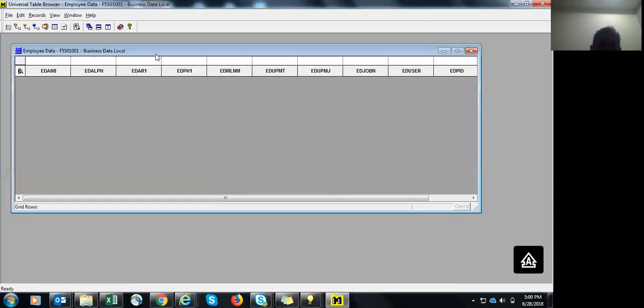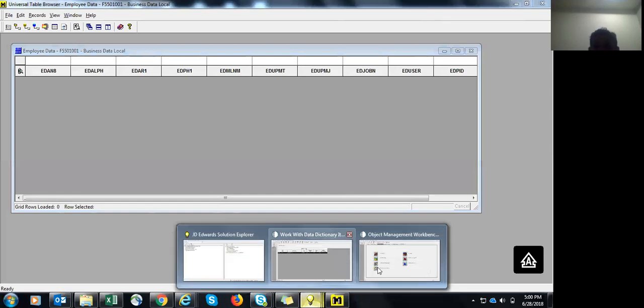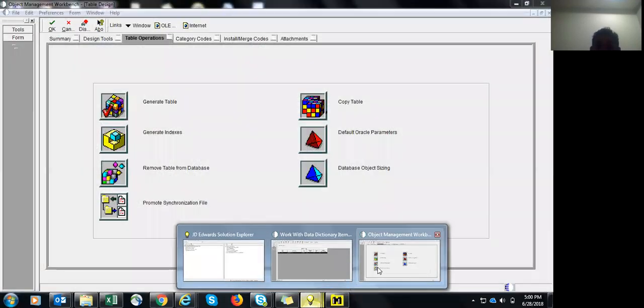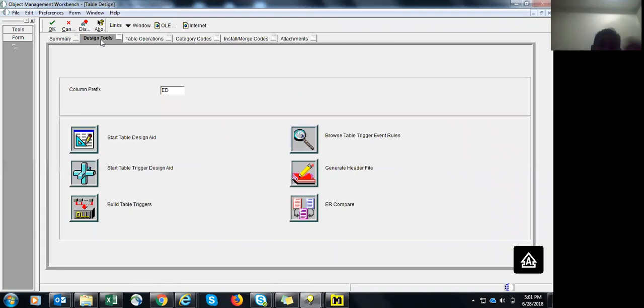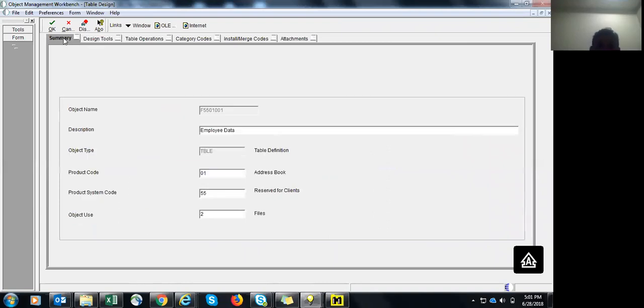F55010001. But here we won't have data, right? As you can see, this is the column prefix that we have used, plus the prefix is whatever the DD items that we have used in our table. And these are all the audit fields. Once we generate the table, it creates a physical entity in our database. So it has created. This is how we create the tables. Now, if I insert the data into the table, first of all, there is one thing that is called